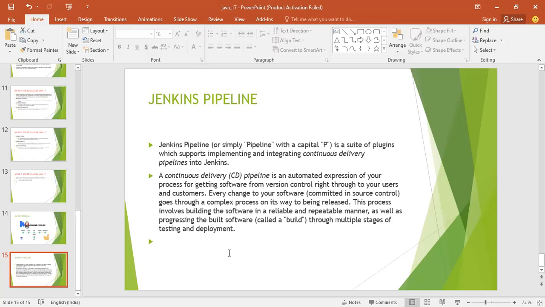Correct. So Jenkins Pipeline is a suite of plugins which supports implementing and integrating continuous delivery pipelines into Jenkins. Correct. So continuous integration and continuous delivery, two terms we need to understand. Actually, क्या है? Continuous delivery is nothing but you keep integrating your code, keep building, and you are promoting it. Correct. So a continuous delivery pipeline is the automated expression of your process for getting software from version